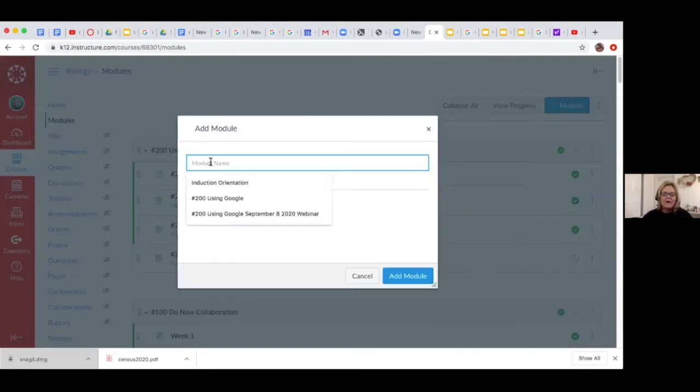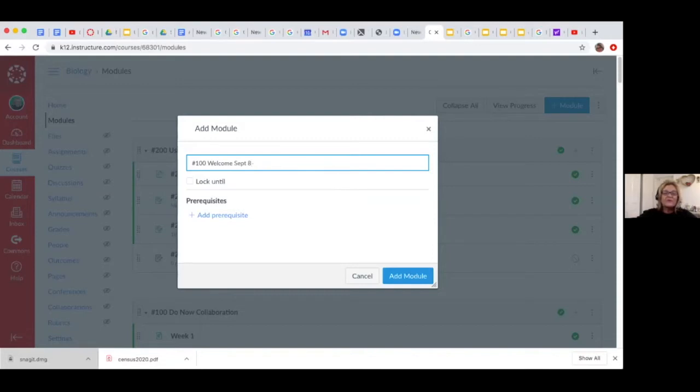If it was my first week of school, probably, and I'm not sure about it, I guess numbering modules is fine. I'm going to number it, and it's going to be my welcome module. And I might put, well, we're in September now, so we'll go ahead with September 8th through